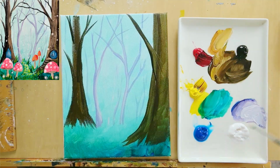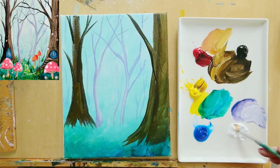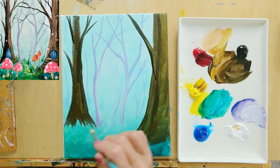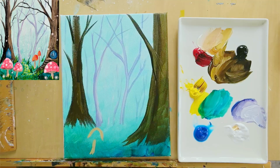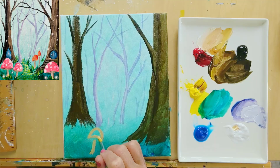Make like a mushroomy color. Maybe it's a little pinkish. It's almost like peachy and pretty light. Like that. And then what I can do is I can be like, oh, I want a little mushroom, maybe right here. So I'm going to paint a line, and then you just put a little rainbow top on it like that. And then you make another not so intense rainbow shape